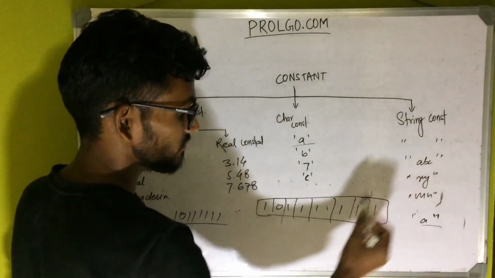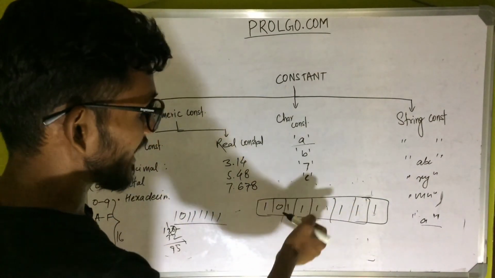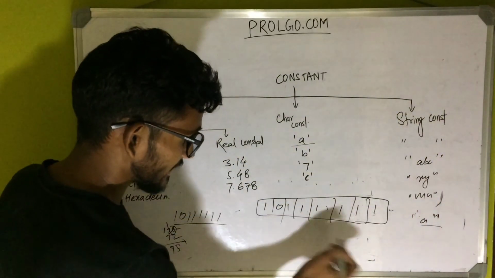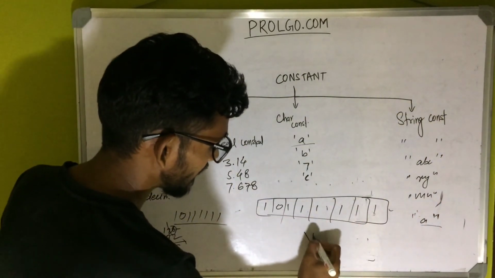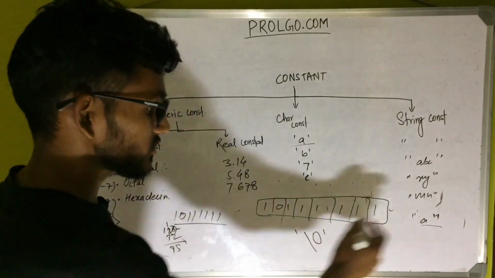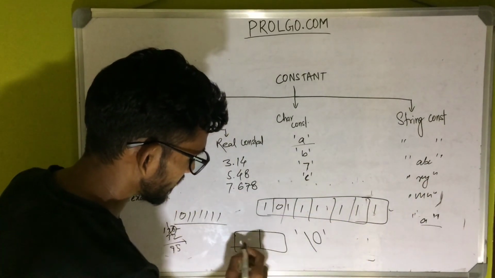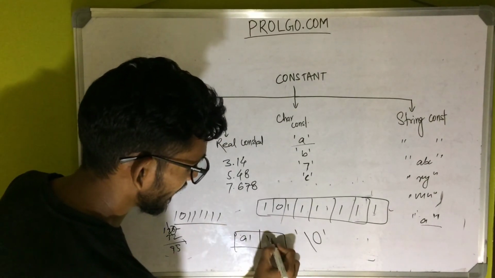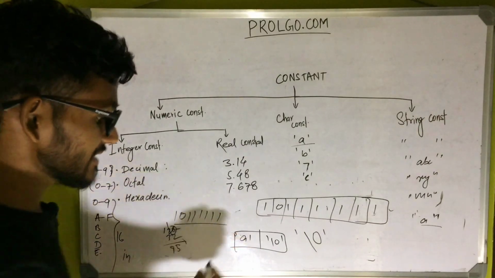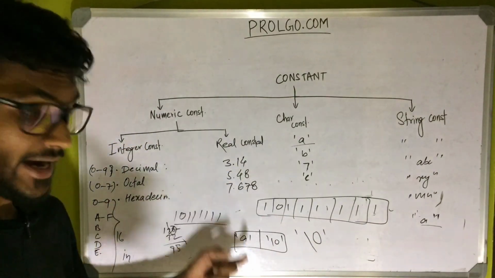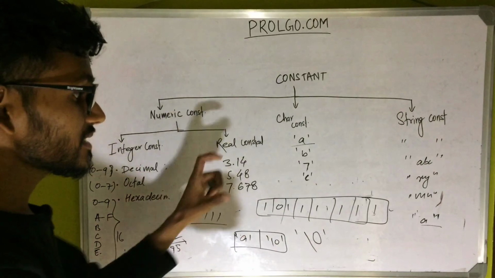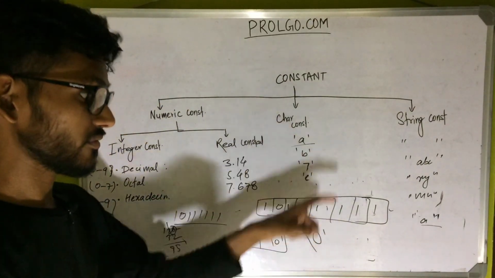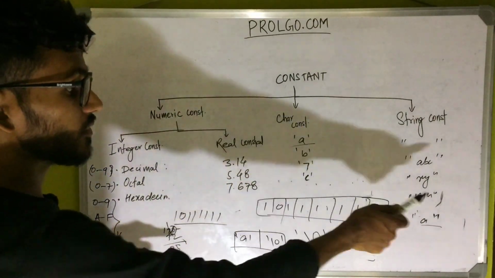But while storing this one, because this is a character, that's the main reason it has been stored this way. While storing the string constant, after the last character, a null character will be stored. So in memory, it will be stored first as a character, and then a null character. Again, not exactly this, the equivalent binary number will be stored. So this is how differently the memory is treated while storing. Of course it should be clear now that both are different.